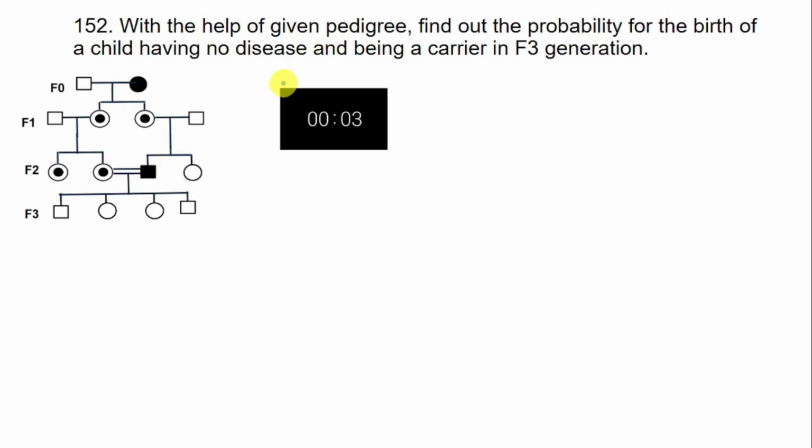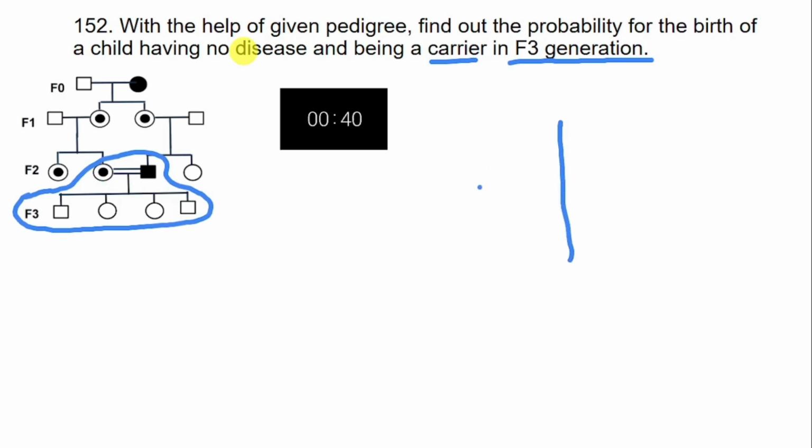With the help of given pedigree, find out the probability for the birth of a child having no disease and being a carrier in F3 generation. So see, this pedigree looks so complicated, but the question is asking you only about F3 generation. And you need to identify a carrier in F3 generation. So focus only on these and their parents. Now this is carrier mother and this is affected father. So if you make one Punnett square here,